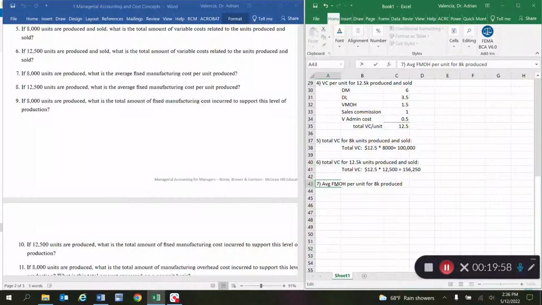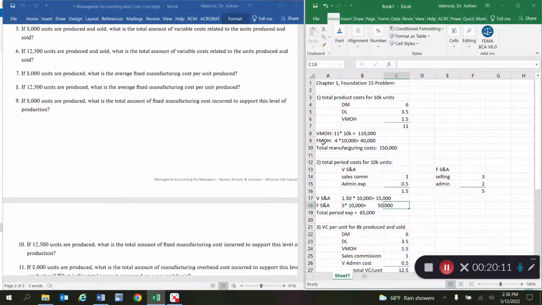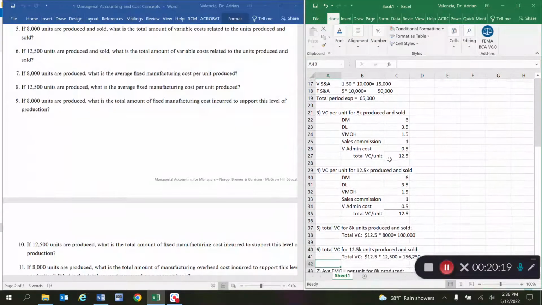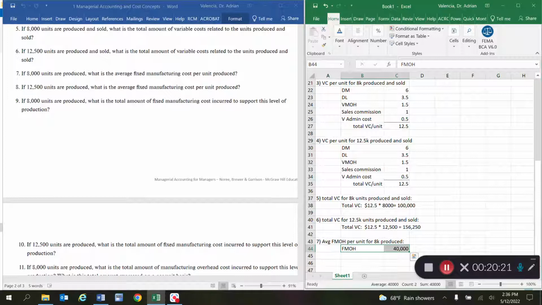Oops, my apologies here, I can't write. So the total fixed manufacturing overhead is $40,000. This came from what we did in number 1 here. So I'm relying on this. So I'm just bringing that information down and saying, okay, that's my total, 40,000. When I do it on a per unit basis, at an 8,000 unit level of production, so number of units, if I have 8,000 units here,